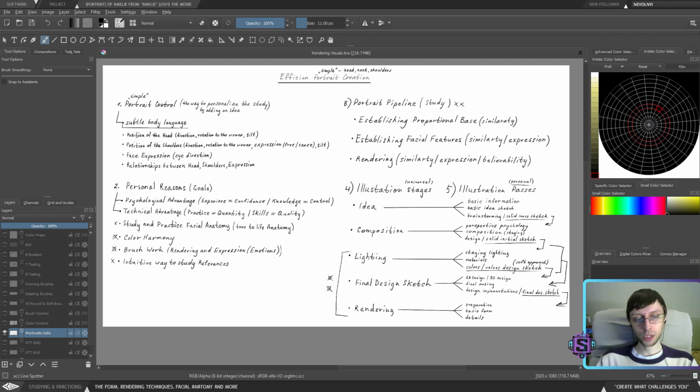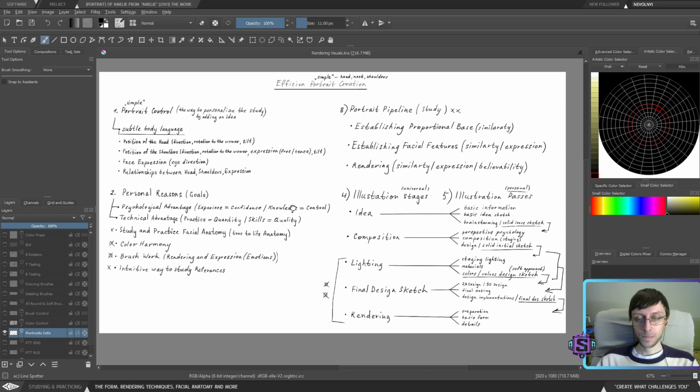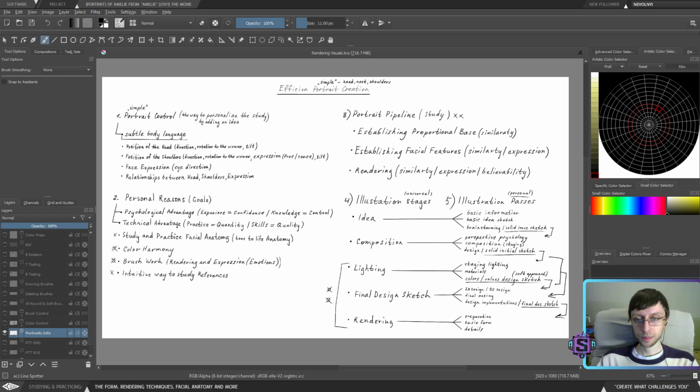Personal reasons for each portrait could change, so this might change. But in most cases you usually have pretty big artistic gaps. For instance, if you have bad anatomy and you don't understand color harmony, you don't understand brushwork, and you don't know how to work with references, establishing those once will help you create this overall progression throughout all of your portraits until you get comfortable with it and solve those problems. Then you will start to establish new ones, of course.